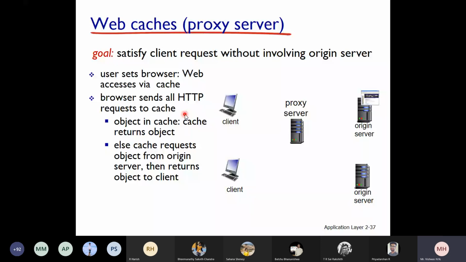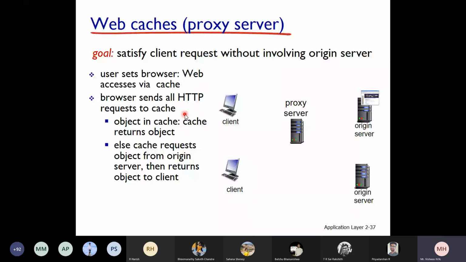So that is where you are reducing the response time and you are also reducing the traffic in the network, because this proxy server will be there in your network only. This is your network, and we know that inside our network the speed is always very high, whereas when you send a request outside your network, the speed will decrease drastically. So you send a request from the client, it comes to the proxy server. If the proxy server has it, it will give it to you within a fraction of a second. You cannot even differentiate it, but you will get it quickly.